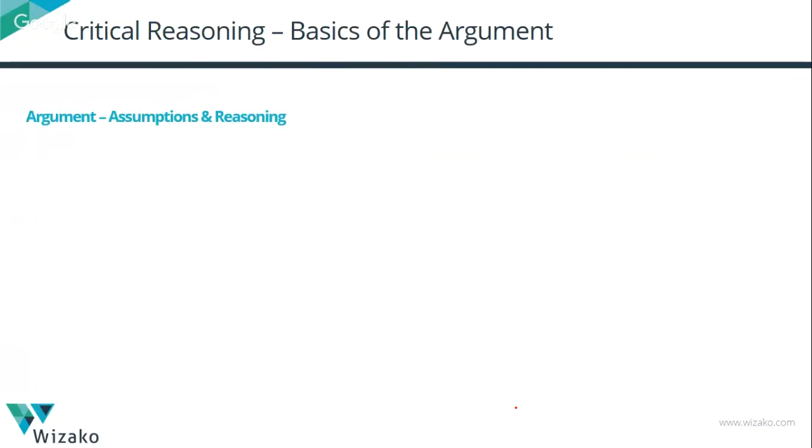So you cannot make this attempt to identify the author's reasoning a subjective process, because you cannot let it be determined by the topic of discussion or our personal opinions on that particular topic. Therefore, have a methodology, have certain things to look out for when you're working on these question types. Any assumption, any reasoning style that the author is using in the argument will be only one or more of these three different reasoning styles.